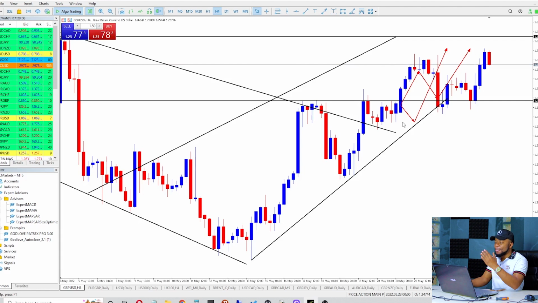So in line with that, as soon as the market was opening on Sunday night, at this particular point in time, I had to do my analysis based on 2 scenarios. What if the market goes up? What am I going to do? What if the market goes down? What am I going to do?